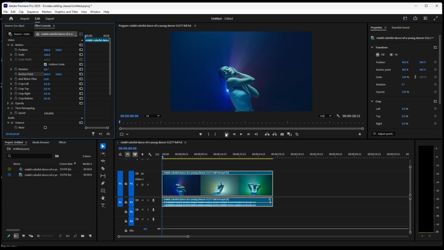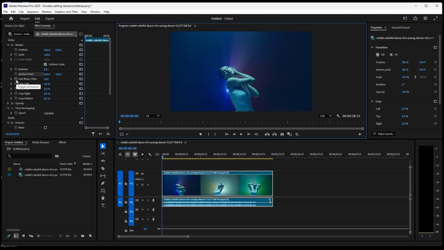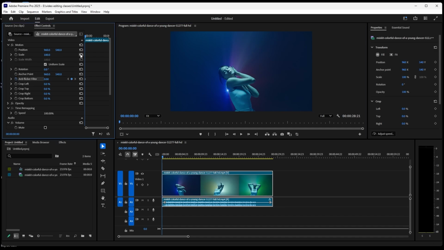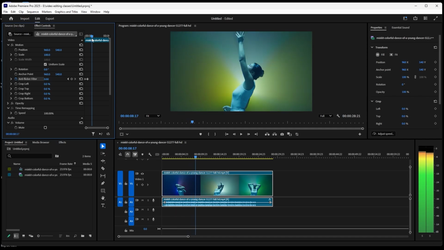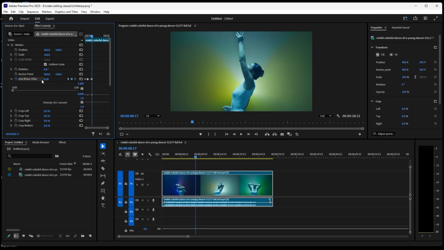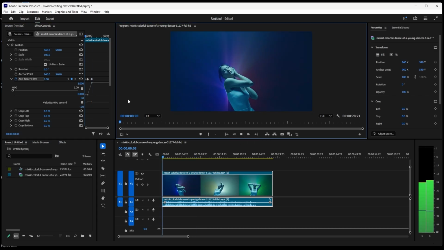So suppose here I'll add the anti-flicker filter here, and I'm keeping that same to another area also, and here I'm using one more keyframe, and here I'm changing this to the right side. I'm giving the value of 1. Okay, so between these two, if you see this one,